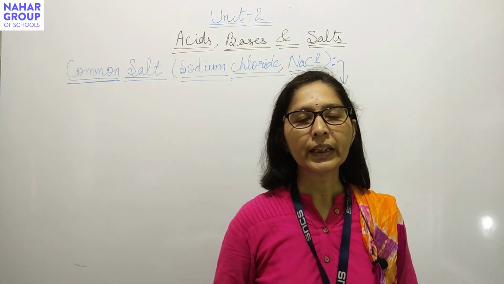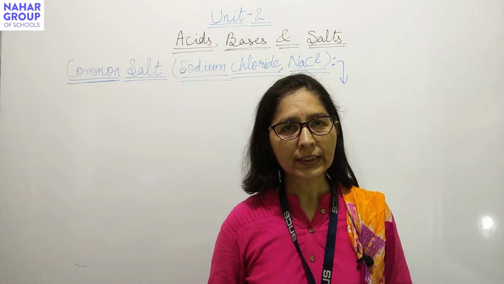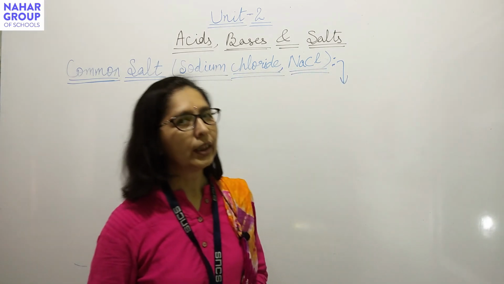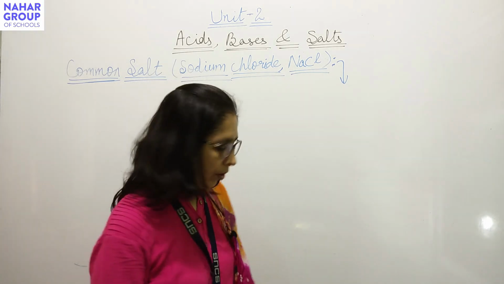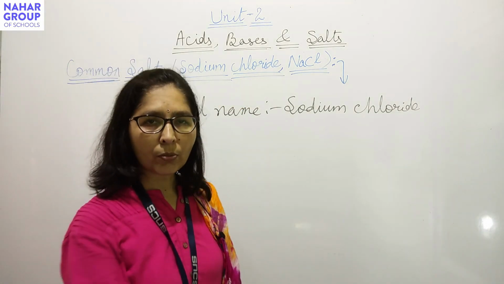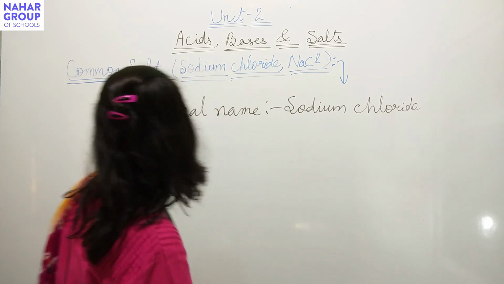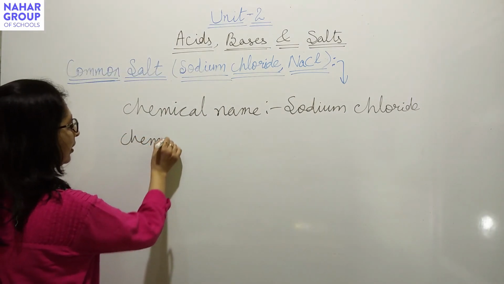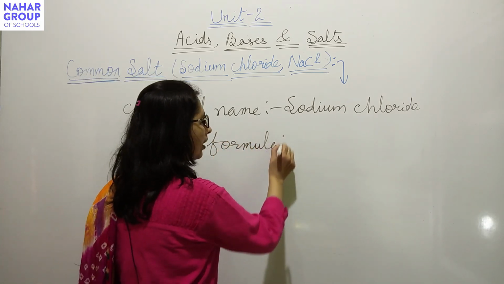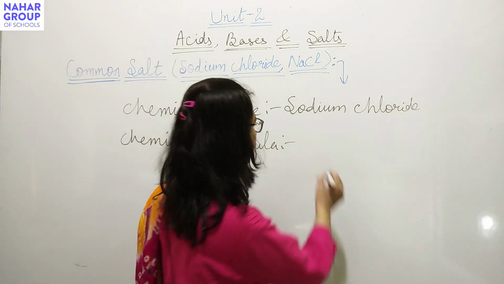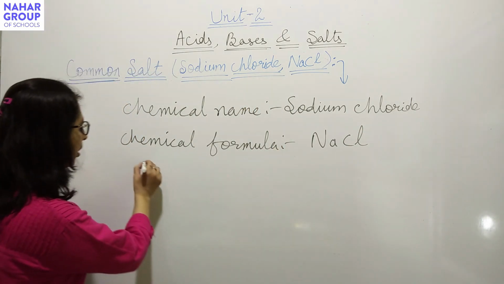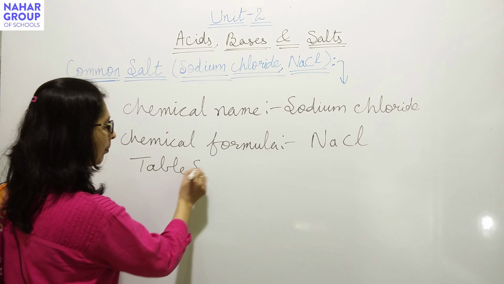Today I am explaining the topic common salt of class 10th, chapter number 2, acids, bases and salts. The chemical name of common salt is sodium chloride, and the chemical formula of common salt is NaCl. Common salt is also called table salt